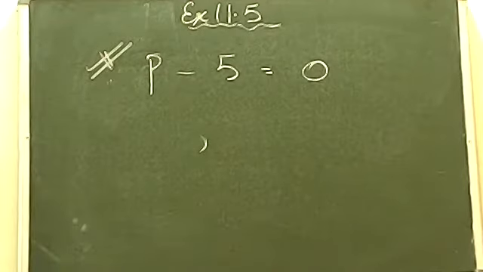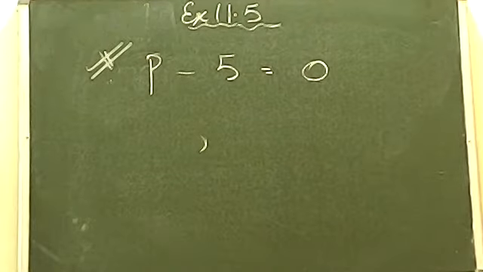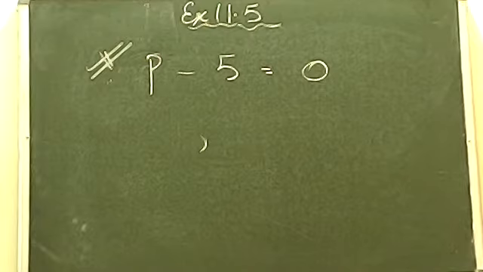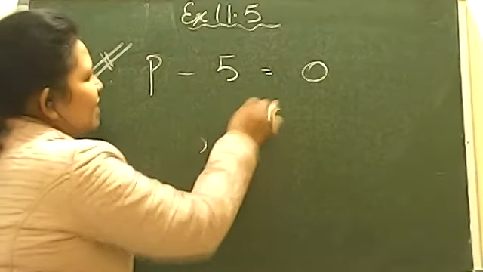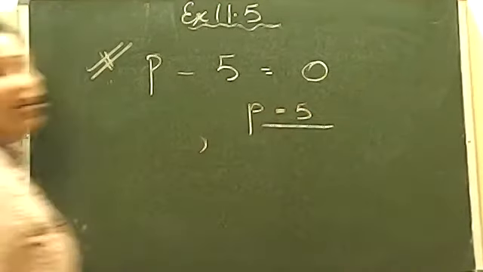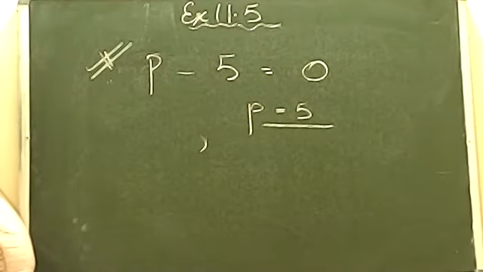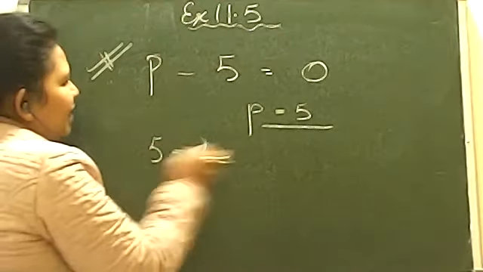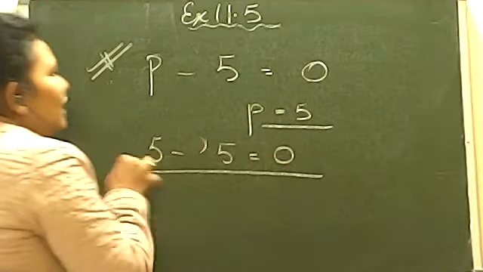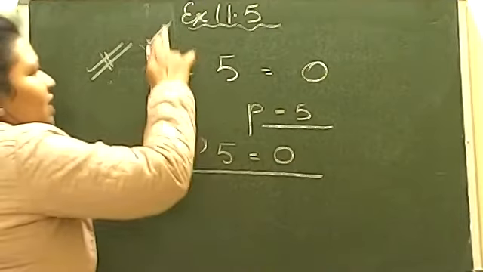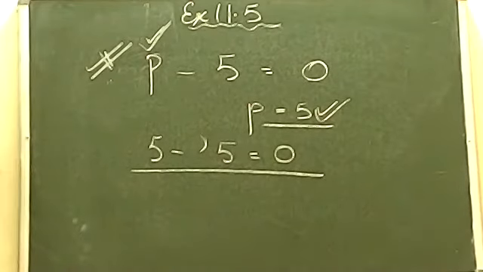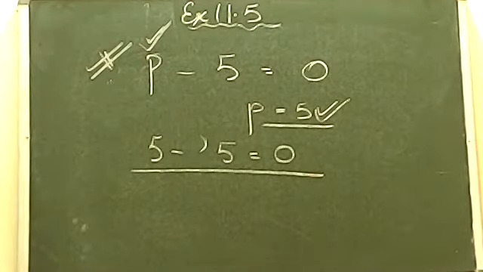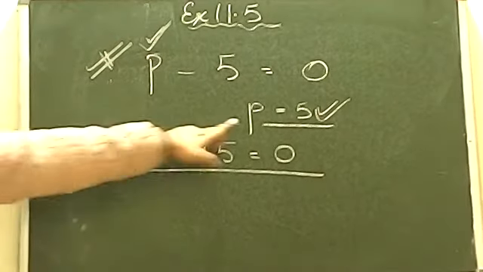What can I place in place of P to get 0 from it? The number should be subtracted by 5, you should get 0. Yes, very true. It means the solution for this given equation will be only 5. No other number than 5. Okay? Because 5 minus 5 will only give you 0. It means for this given equation, the answer should be only P is equals to 5. So this is all about equation and solution. This is equation and this is solution.